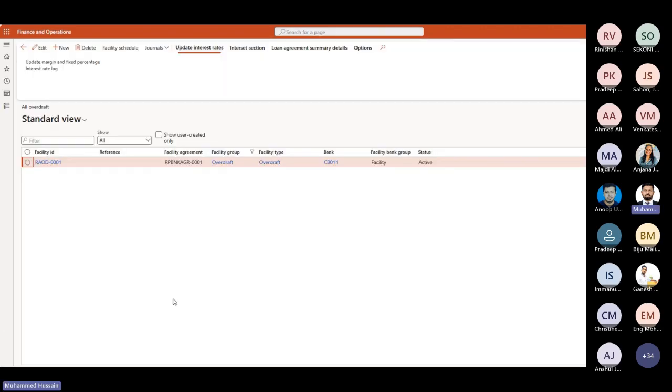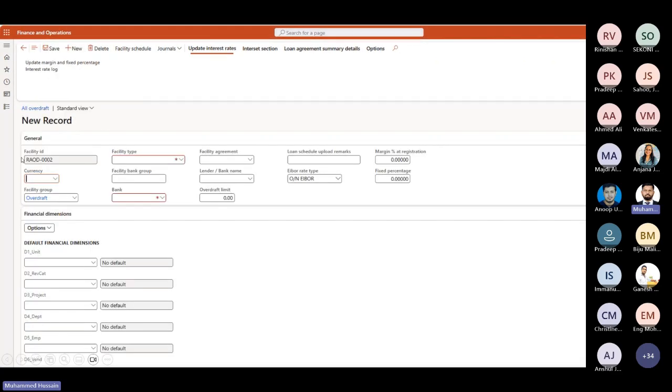So the system will show the overdraft facilities that have been created inside the system. Here also we can see what type of facility it is. If you have different types of overdraft, that can be identified over here, and from which bank, and we can also bring the amount column here. So to create a new overdraft, we will be clicking on the new button again,